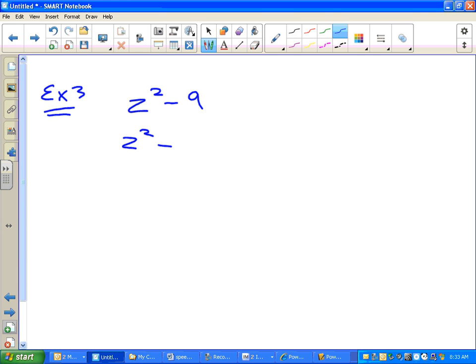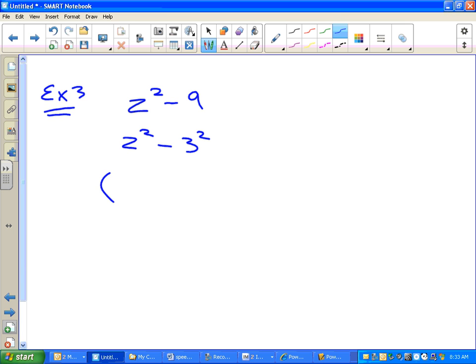All right, awesome. So z squared minus, now instead of 9, I'm going to write 3 squared. I realize that 9 is actually 3 times 3. Since we're talking about perfect squares today in special cases, this number will always be a perfect square. Basically, I'm just trying to figure out what two numbers make that number. If I multiply 3 times 3, that makes 9. And now that I've got z squared minus 3 squared,